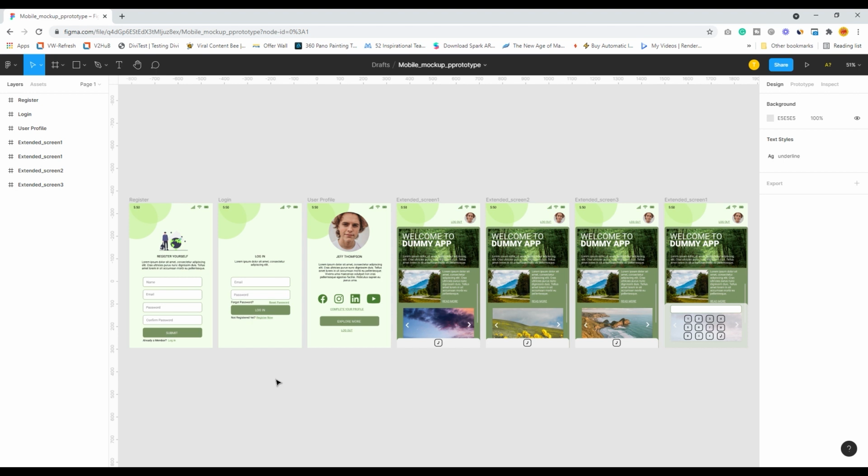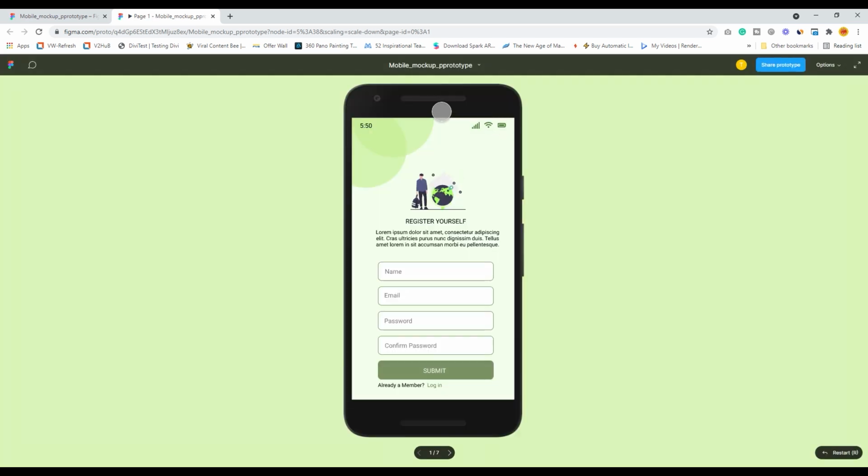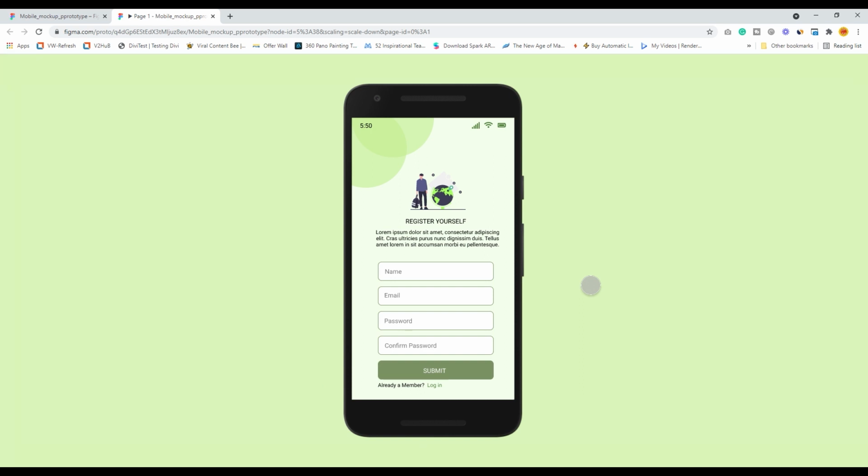So over here I will first click on the prototype play icon which is at the right hand side of this thing. I click over here, a new window opens up where you can see your prototype inside a mobile device. For this particular profile I had started with an Android prototype, hence you have an Android mobile in the background, and over here you have an interactive prototype with you.